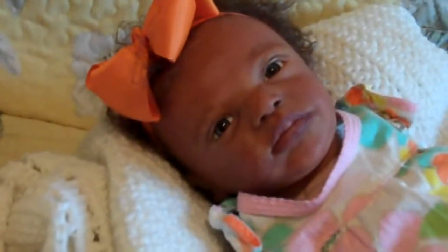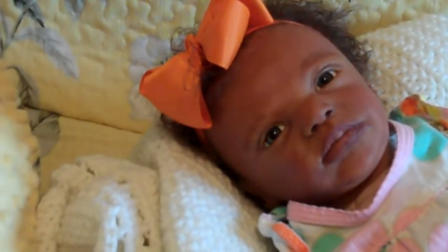I absolutely love this little girl. Her hair is really hard to see, it's brown, but it has almost like blonde highlights in it. I just love her hair. It is the softest hair. Anyway, so,